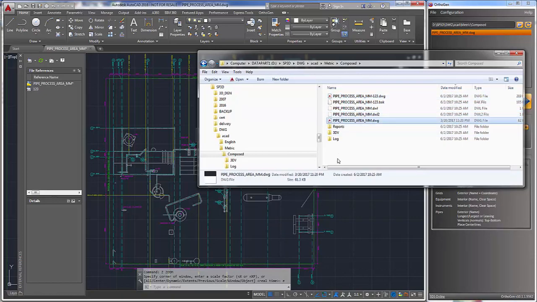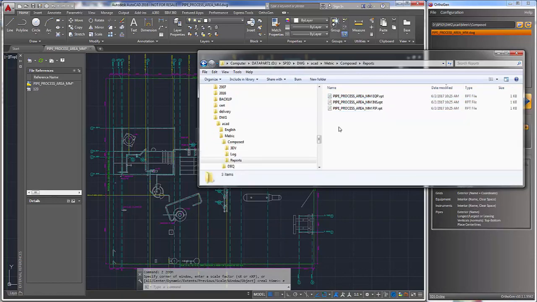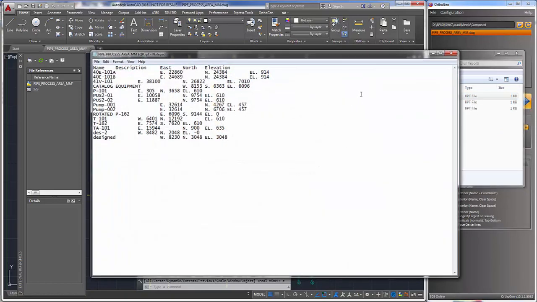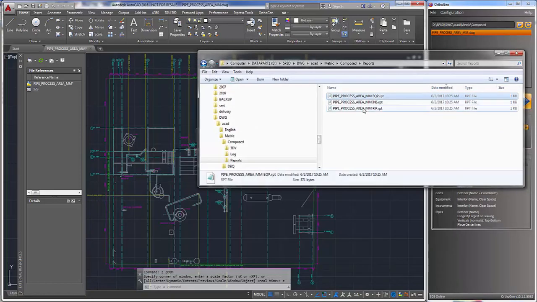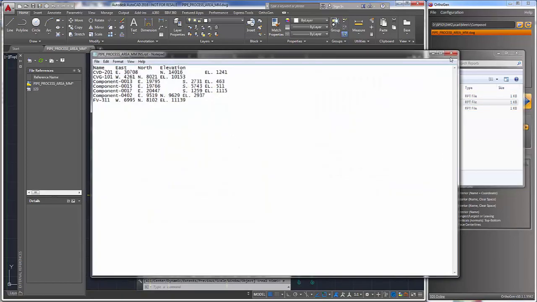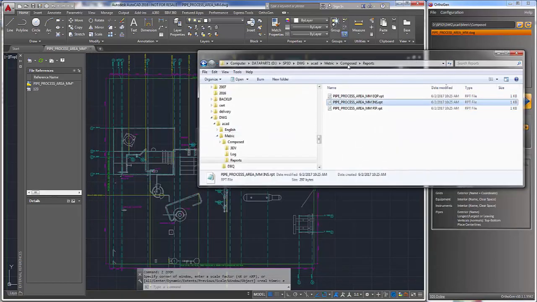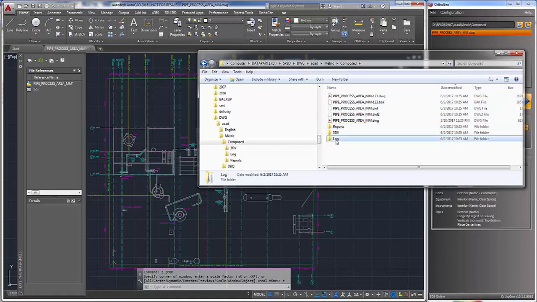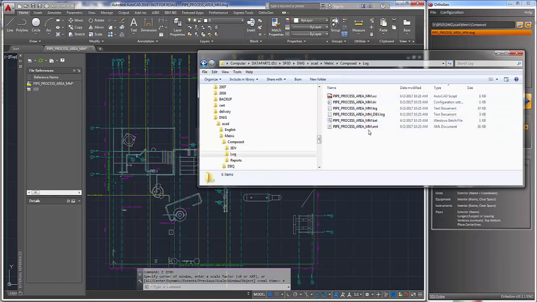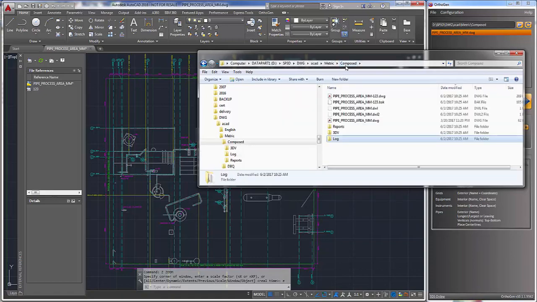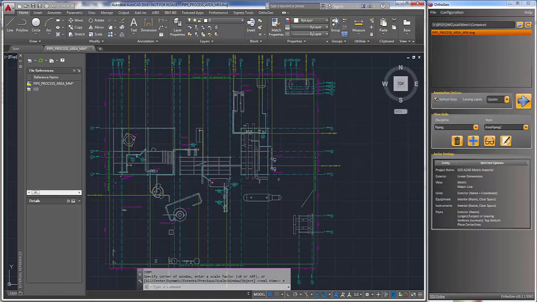After annotating the drawing, Orthogen will generate text reports of all the entities found in the Reports folder. The report format can be set as part of the view style settings. For your reference, Orthogen stores the extracted data plus log information about the run in the log folder. For the most part, this information is used in refining your drawing processes.